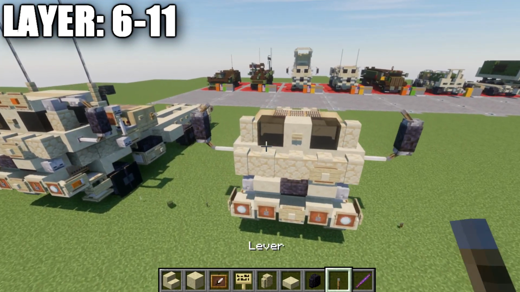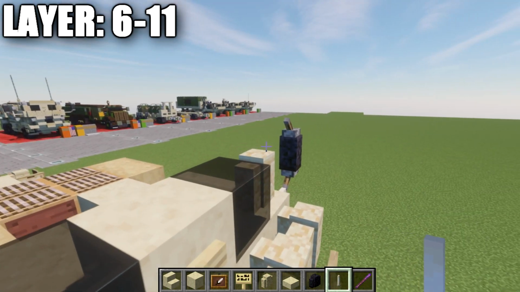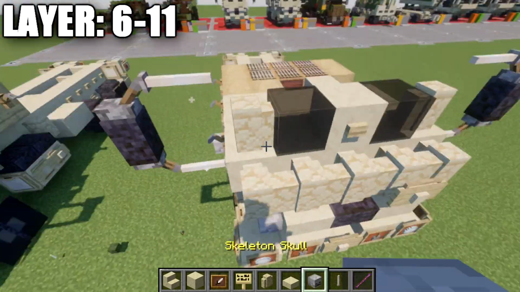And we're going to very simply go off this end rod up, or this lever up here with an end rod to the side here, like that. After we have that done, we want to go ahead and place down a skeleton skull, which is going to be on top of these 2